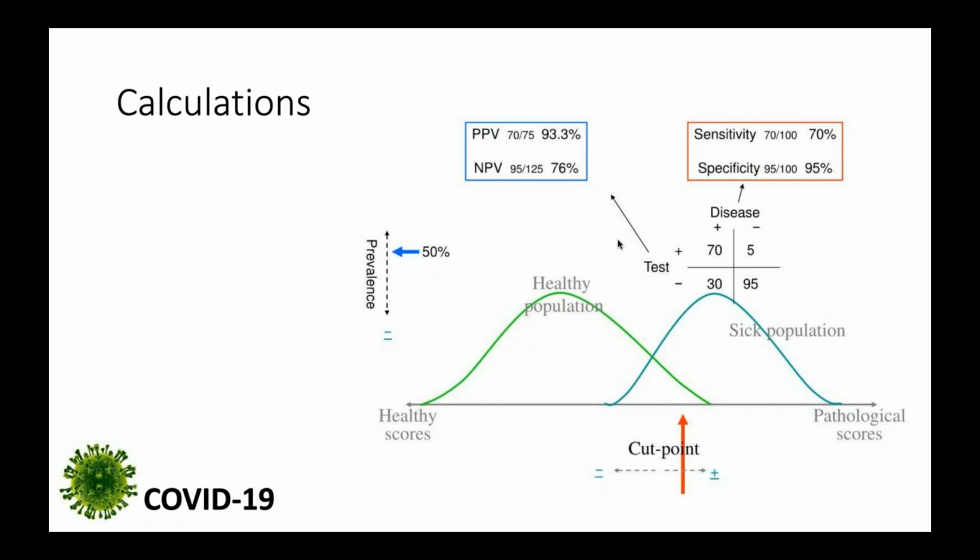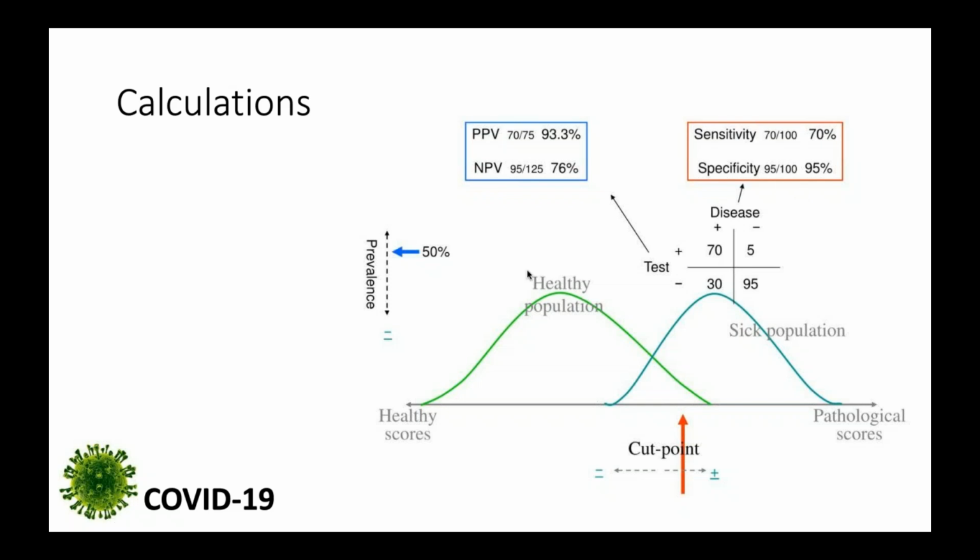So you can't talk about performance without doing some calculation. I don't want to get into a lot of details here, but again, the challenge with COVID-19 is that we don't have the gold standard definition of a positive disease or negative disease. We're not able to identify truly what a sick population is or a healthy population. Let's say a sensitivity of our assay is at 70% with a specificity of 95%.